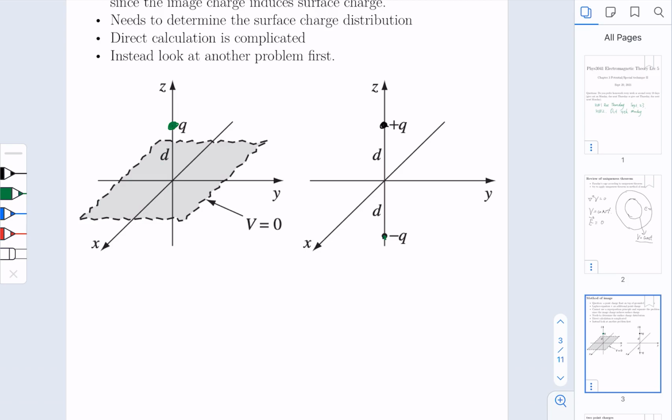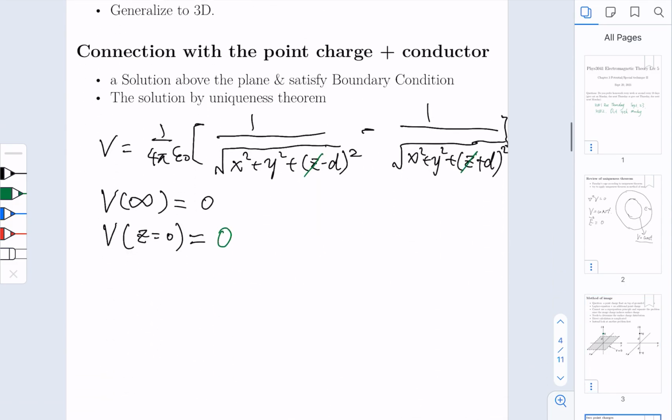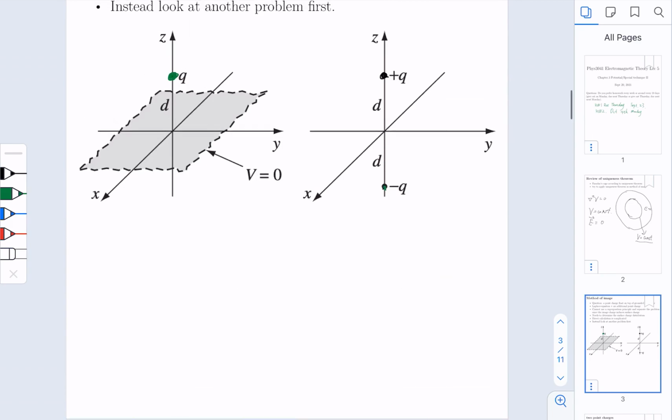And even though we somehow guess an answer, this answer actually should be the solution to the question on the left. At least it's one of the solutions, right? Because this solution is a solution for the problem on the right, but it also accidentally turned out to be a solution for the problem on the left, because